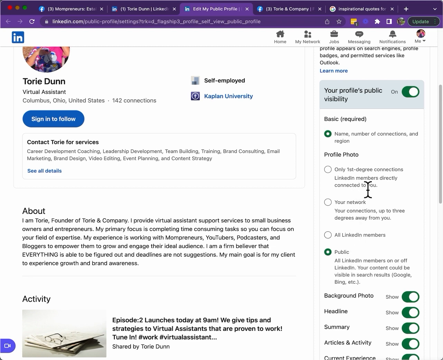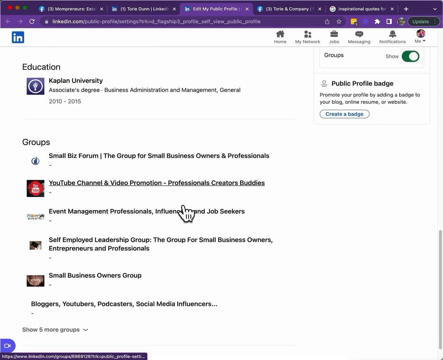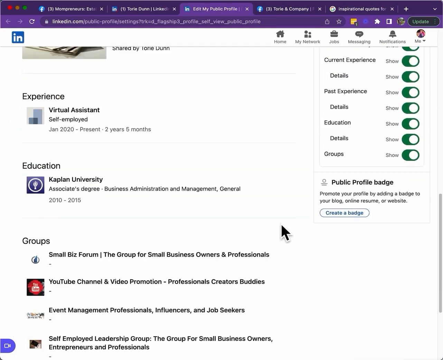You can do first connections, and we'll go into all of that. First connections, second connections. We'll go into all of that in a later lesson. But it's all to your preference on how you want this profile to look for people that look you up.